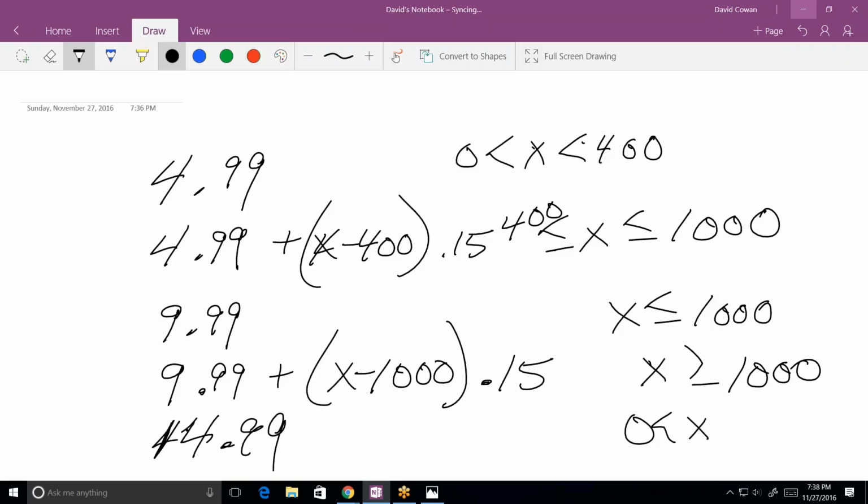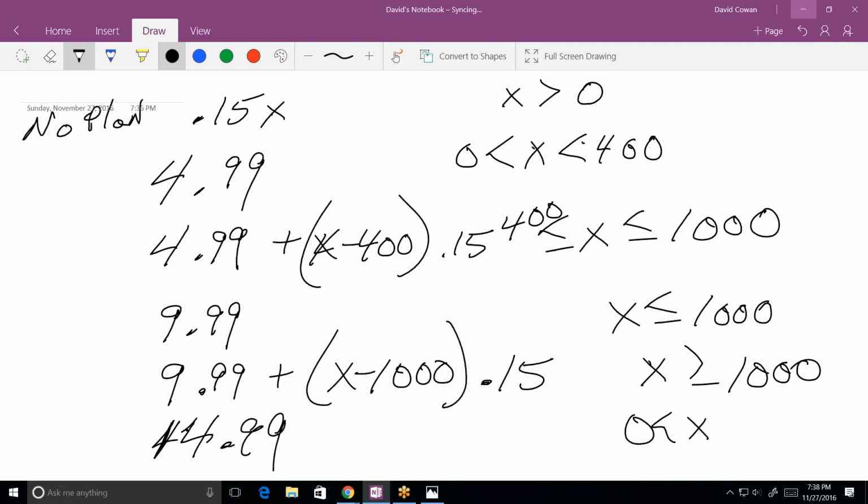Okay. I think that handles our difficulty. And then at the very top, it's just 0.15 times x whenever x is greater than 0. So we don't really have a piecewise function. If you look at those domains, they're not mutually exclusive. Right. But it depends on the plan. In other words, this is no plan. 0.15 times x, x just greater than 0.